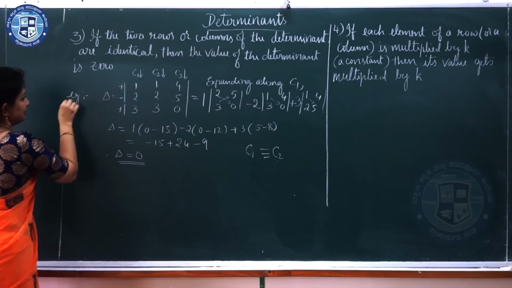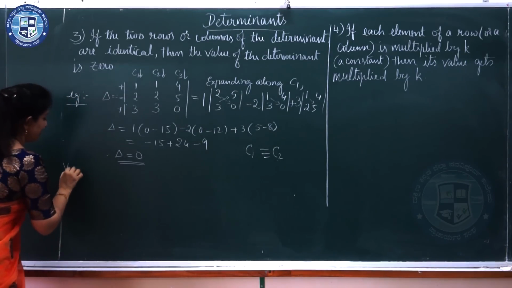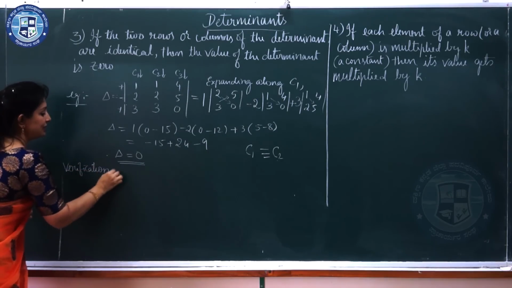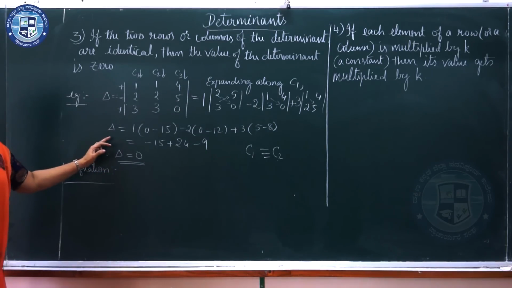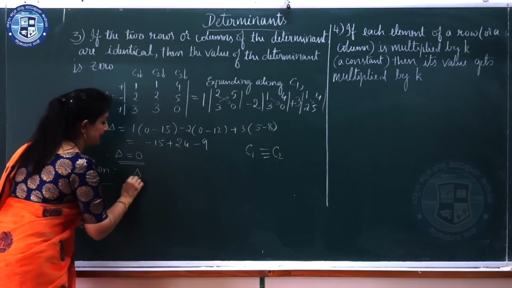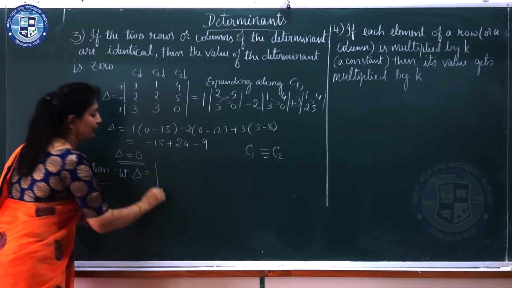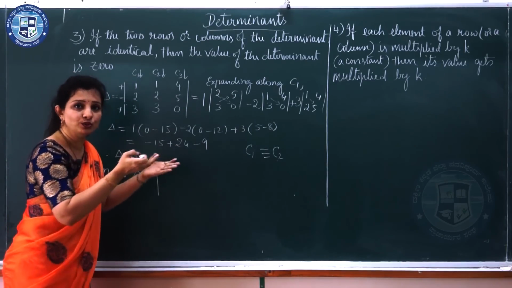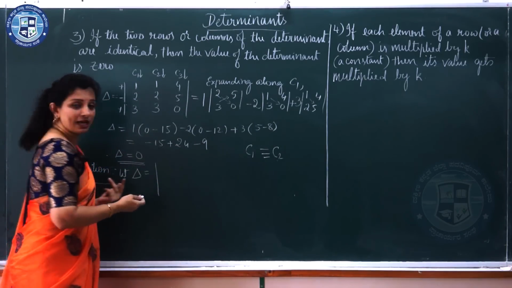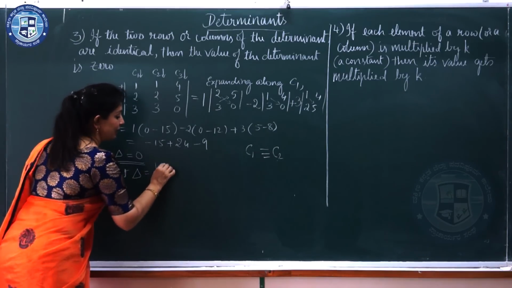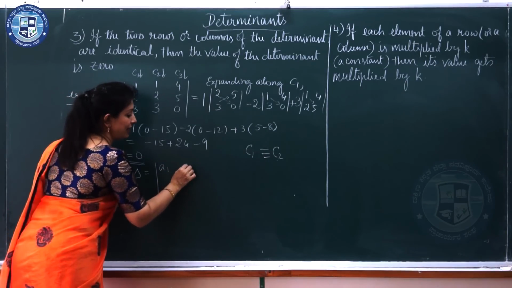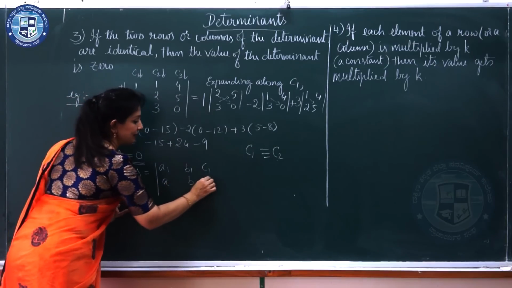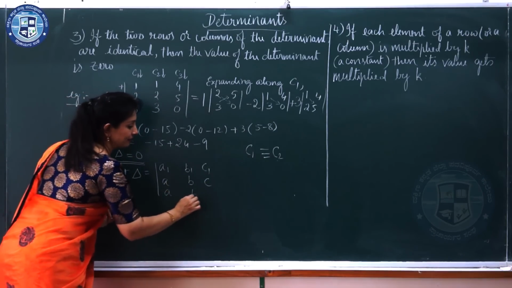We have taken the example first. And for verification, we will consider a general determinant, that is delta. Let delta be equal to, look at this. If we equate the elements of two rows or two columns, if the two rows are identical, for example, you write the first row elements as A1, B1, C1, second row elements A, B, C, third row elements A, B, C.